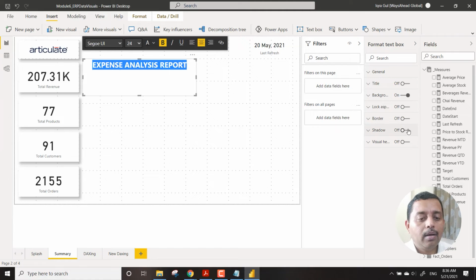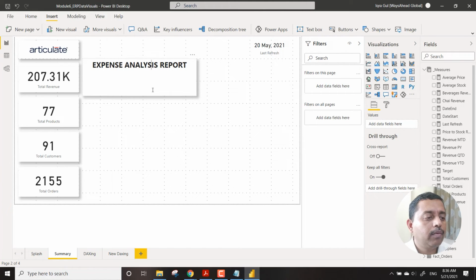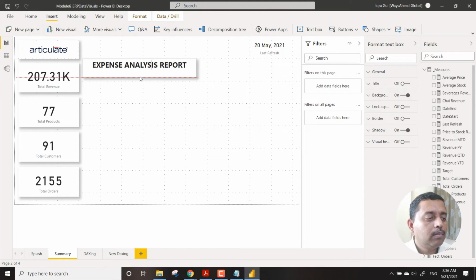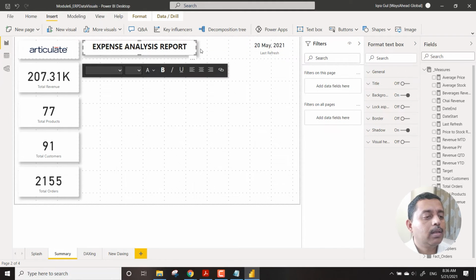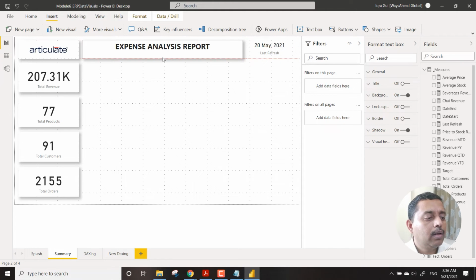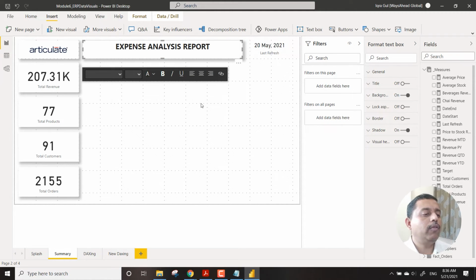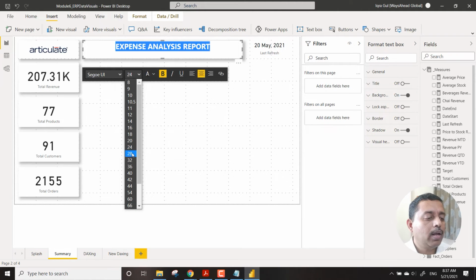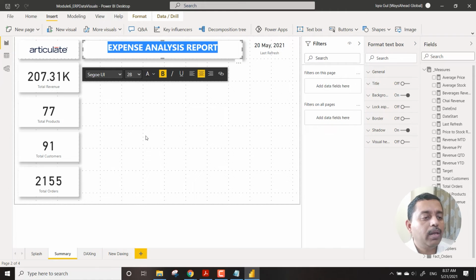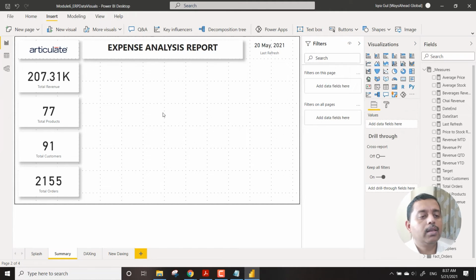Okay, and maybe we can just have an option like this. So now what happens is you are creating a look and feel, and then you can just decide on making it bigger or something like this.